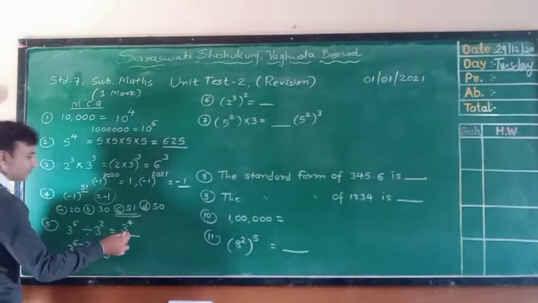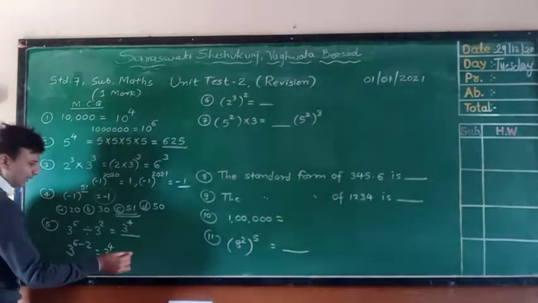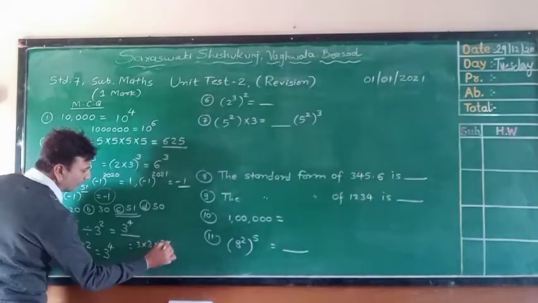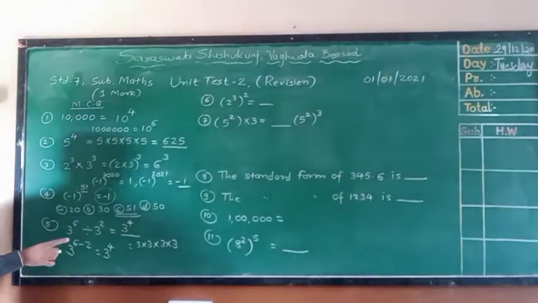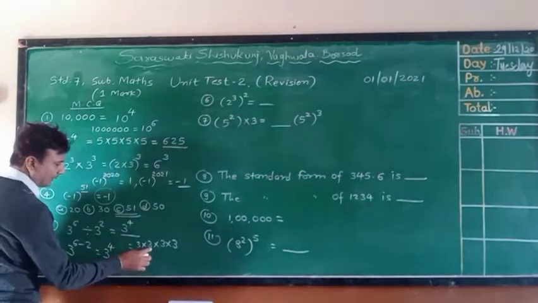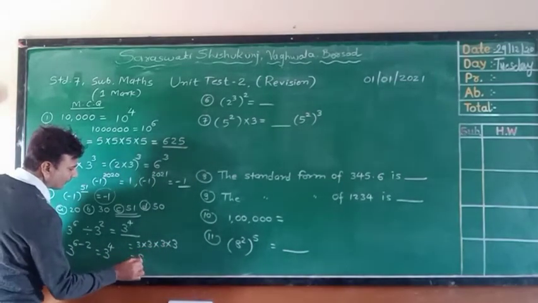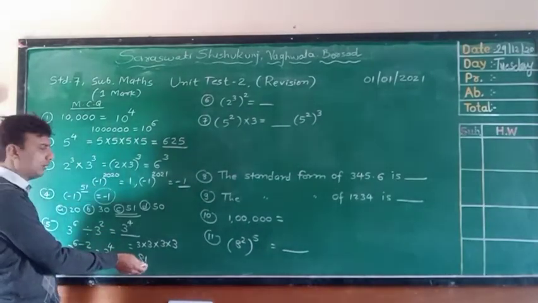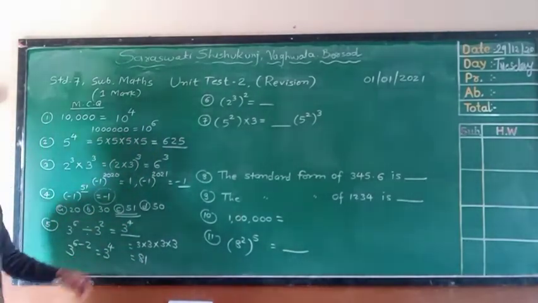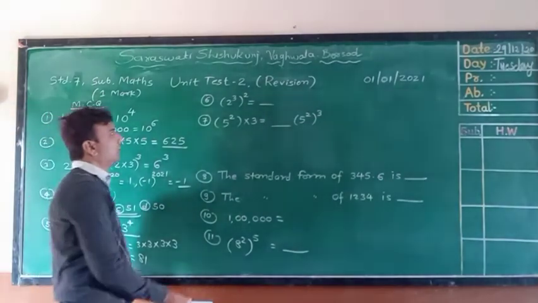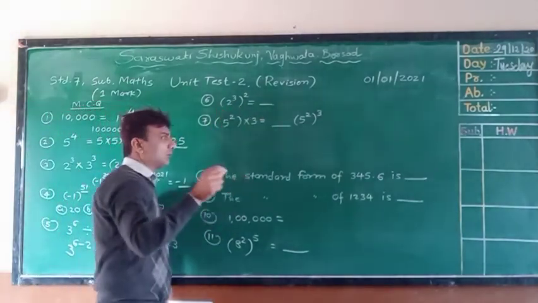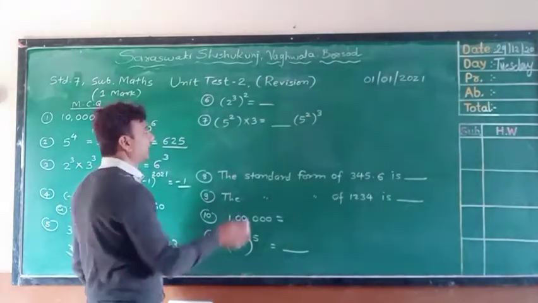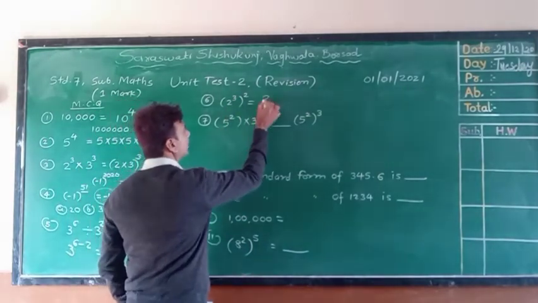Sometimes we have to find its value, so we can find it easily. 3 raised to 4 we have to write 4 times. 3 times 3 is 9, times 3 is 27, times 3 is 81. So maybe in the options 81 is given, no problem. We have to find its value and get its answer. Here, this third type, power on power. Power on power means simply we have to do multiplication. 3 twos are 6.